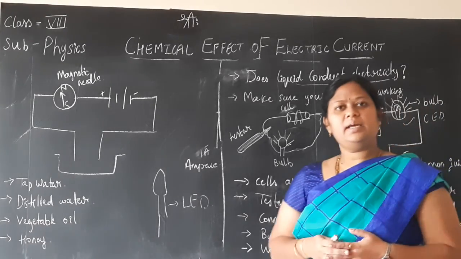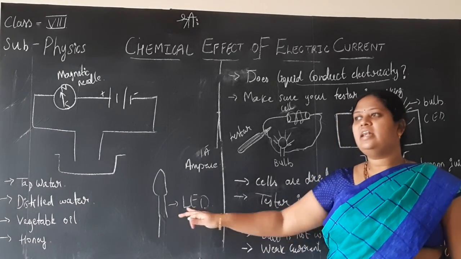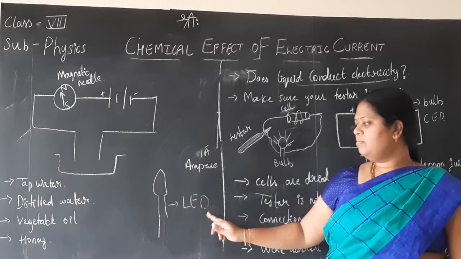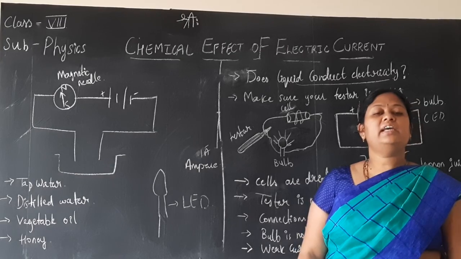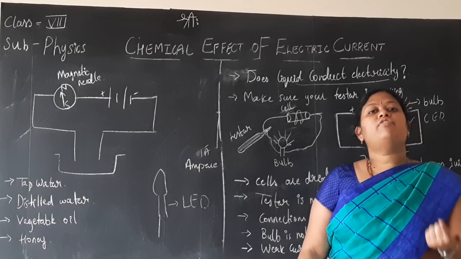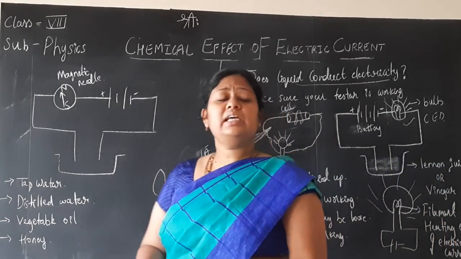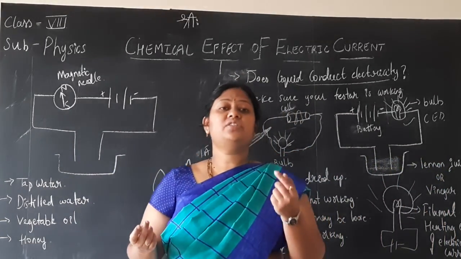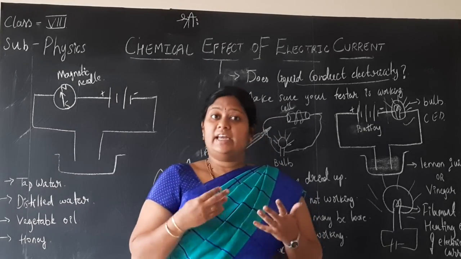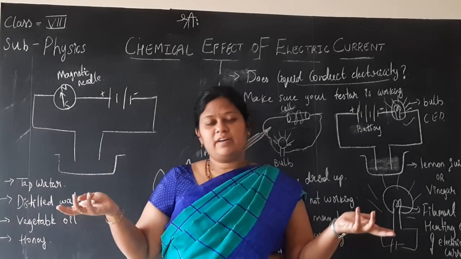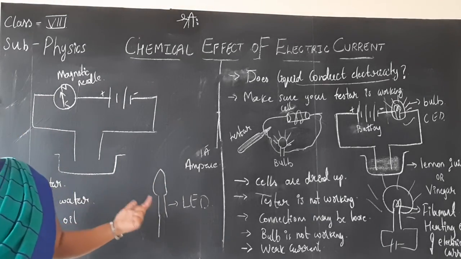You know what is an LED bulb, isn't it? You should read it as LED. LED means light emitting diode. The full form of LED is L for light, E for emitting, D for diode. So, you can see it in the serial set and all. Nowadays you get small LED bulbs, children. A small amount of current is sufficient for it to work. LED TVs, you have LED screen TVs and all, you have heard, no, children? So all that make use of light emitting diodes in it.